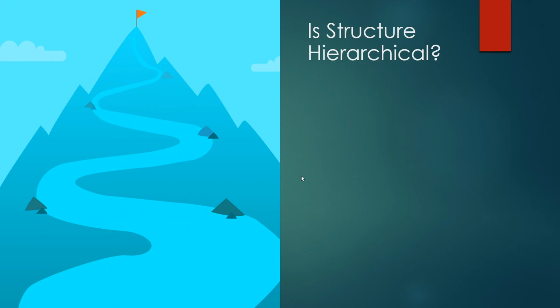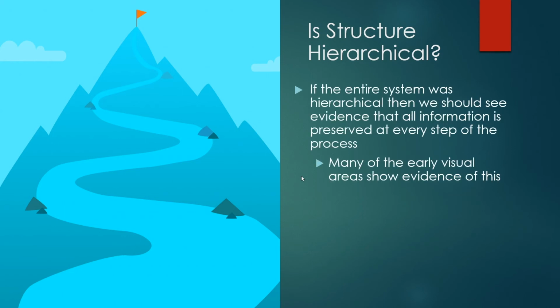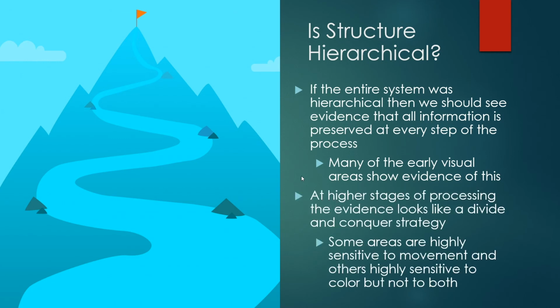So is the structure hierarchical? Evidence that it's a purely hierarchical system would mean that all of the information is being preserved in each area of processing, right? And we see a lot of evidence for this at these early areas. From LGN to V1, we see this really nice preservation of the individual spots of light and all that kind of stuff. But as we get to higher stages of processing that we'll get into in the next couple of lectures and a little bit more in this lecture, you start to see that the brain with higher cognitive stuff is using more of a divide and conquer strategy, where